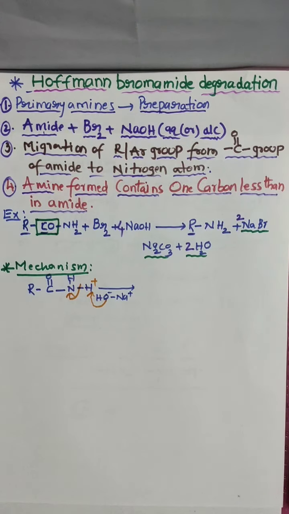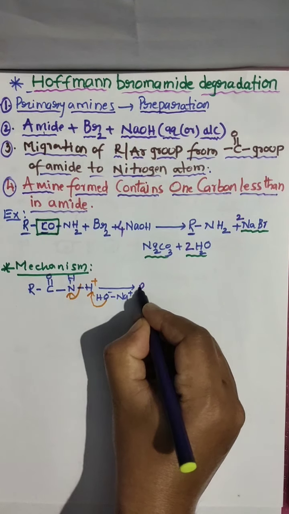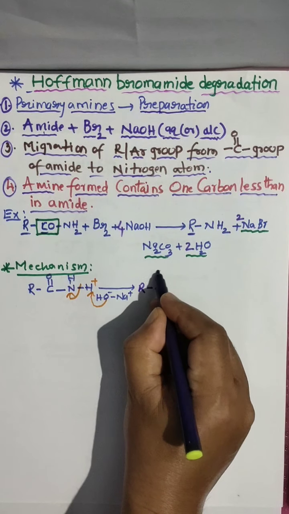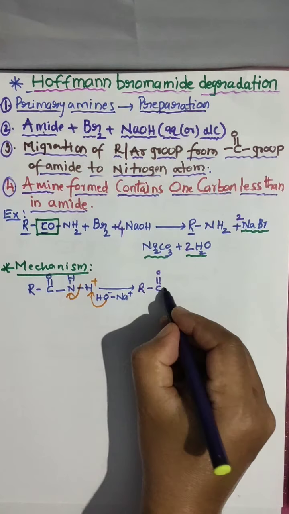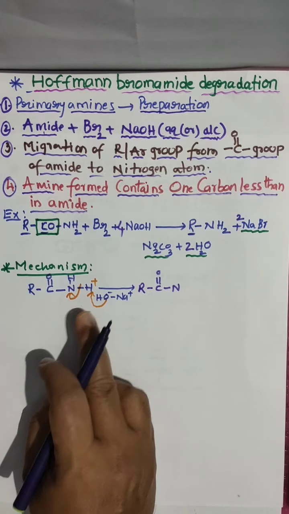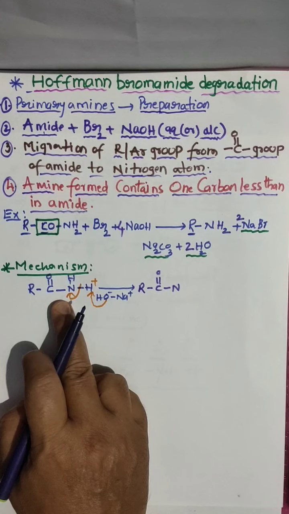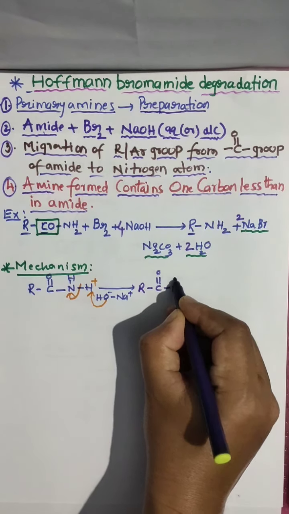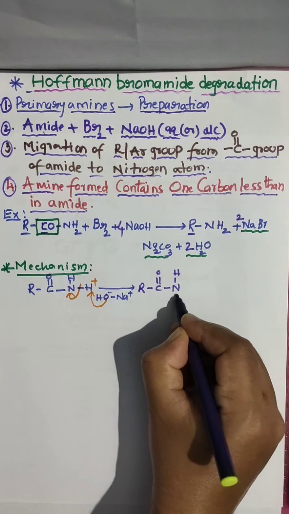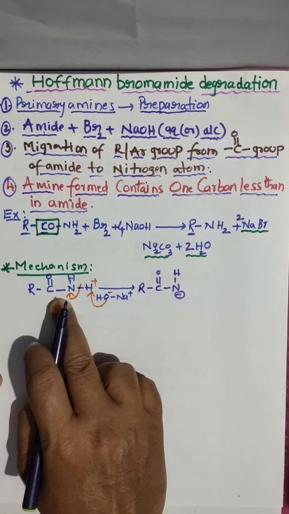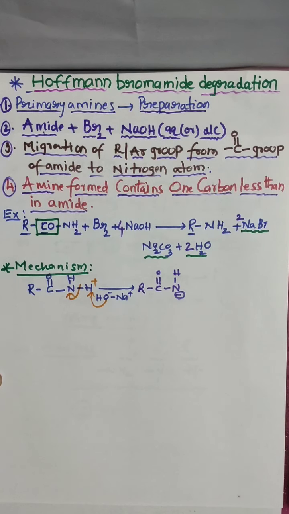When elimination of water takes place, the intermediate you get is R bond CO, and we didn't change anything; N is the same. But we shifted the bond to here. That's why one lone pair comes here, so nitrogen gets a negative charge. One lone pair is shifted here. Clear? That is the reaction.